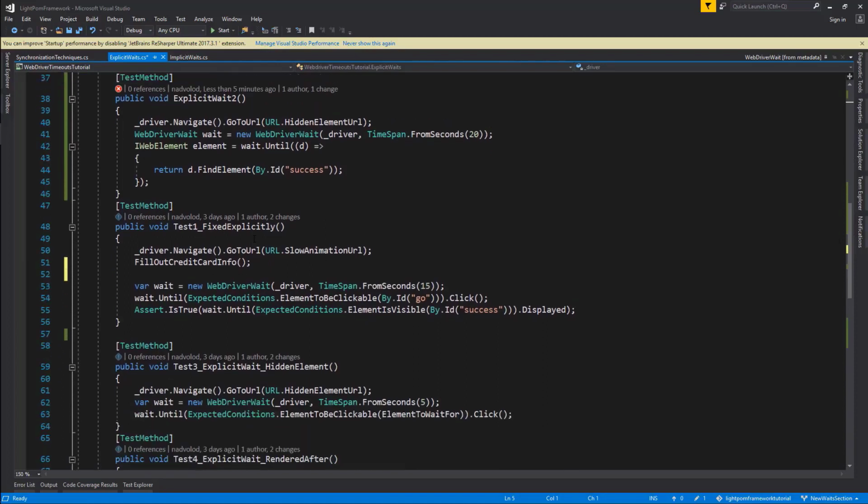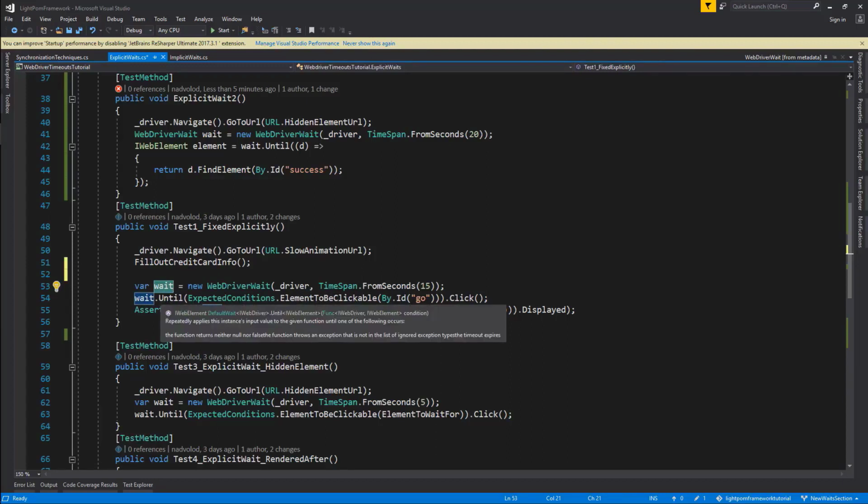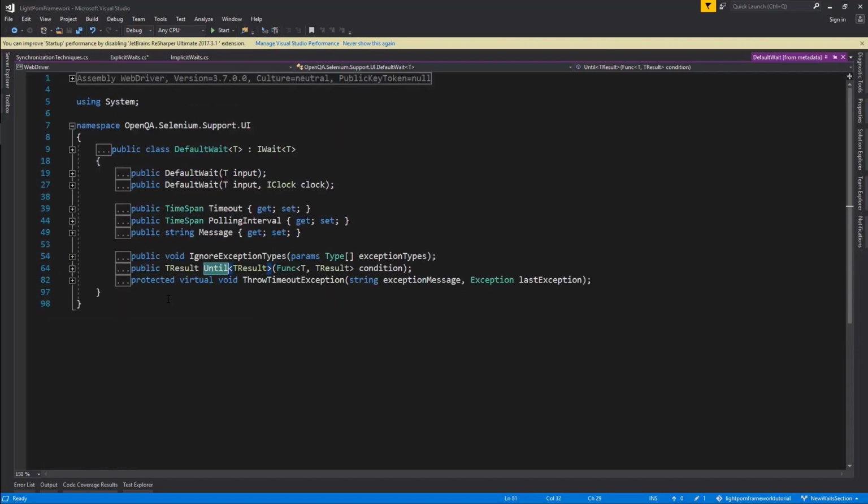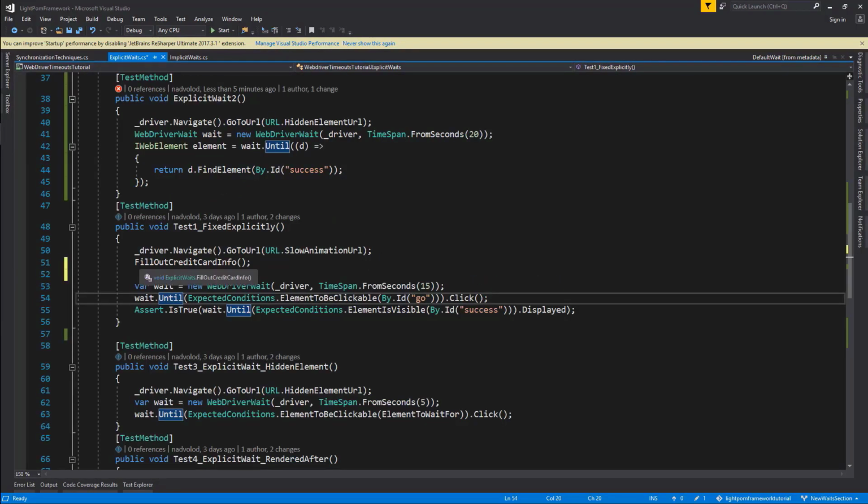So back to here. Now that we have our wait class, which is going to do the waiting, the wait class has a method called .until. We can take a look at this method just using F12 to navigate to the definition. And you can see that it uses generics, and it basically allows you to create any kind of function that you want and wait for a specific condition to be returned. Let me better show you that. So in this case, what we can do is